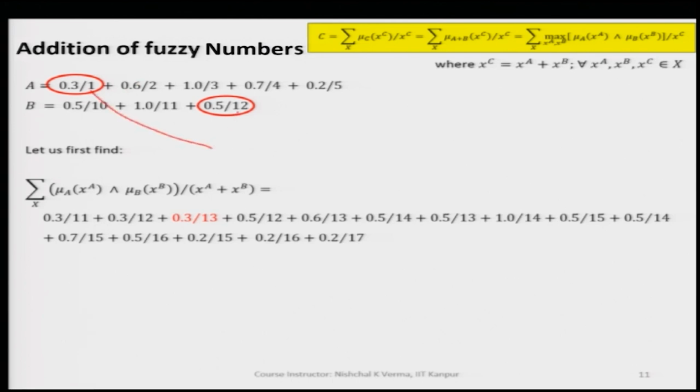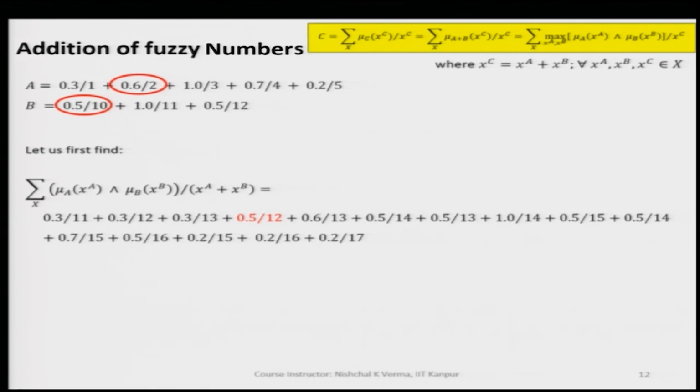Similarly, when we go with other combinations, you see the min of 0.6 and 0.5, we are getting